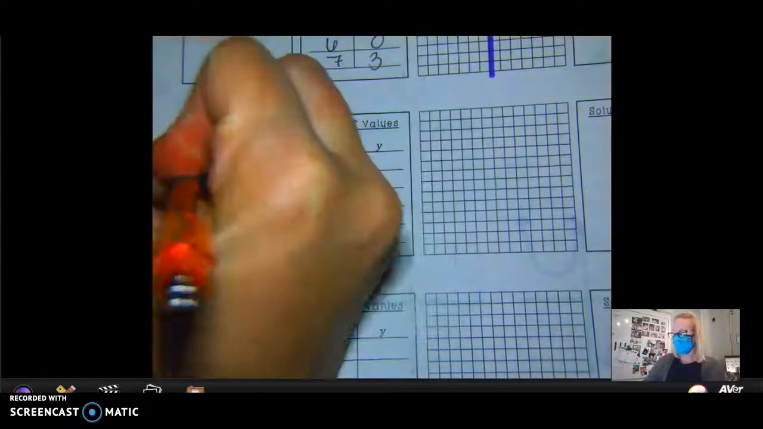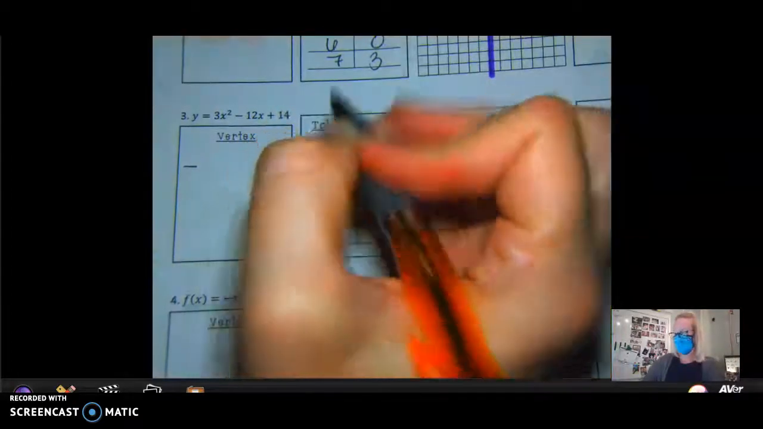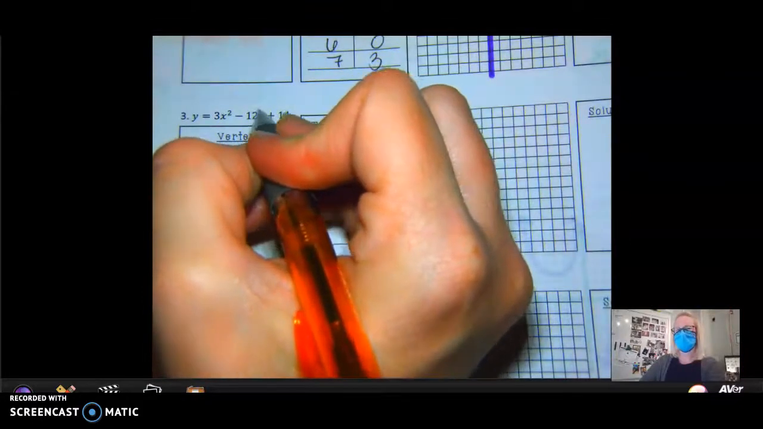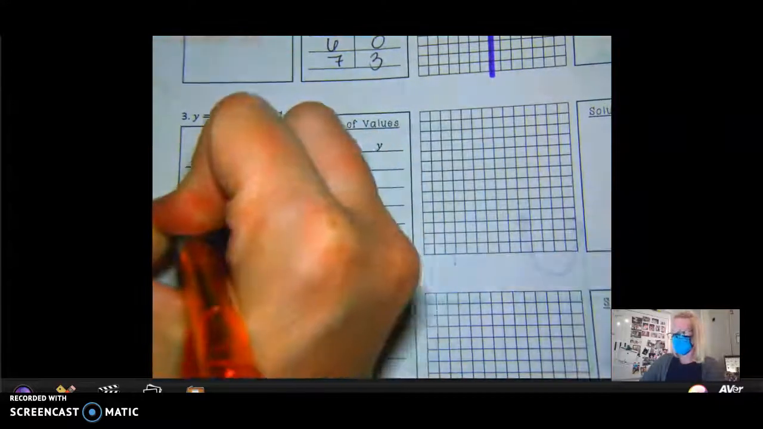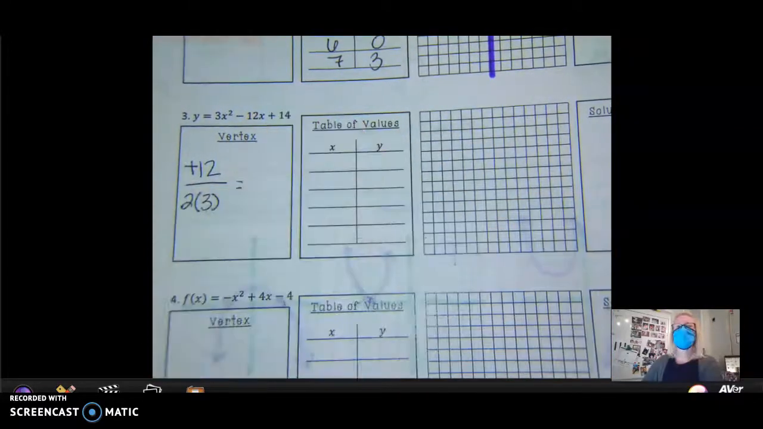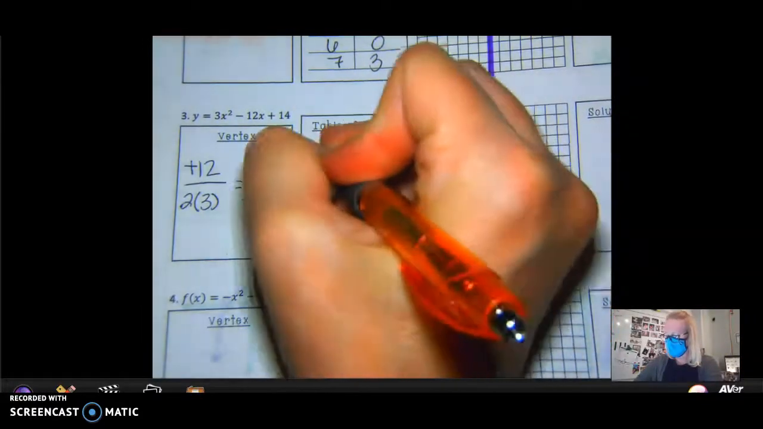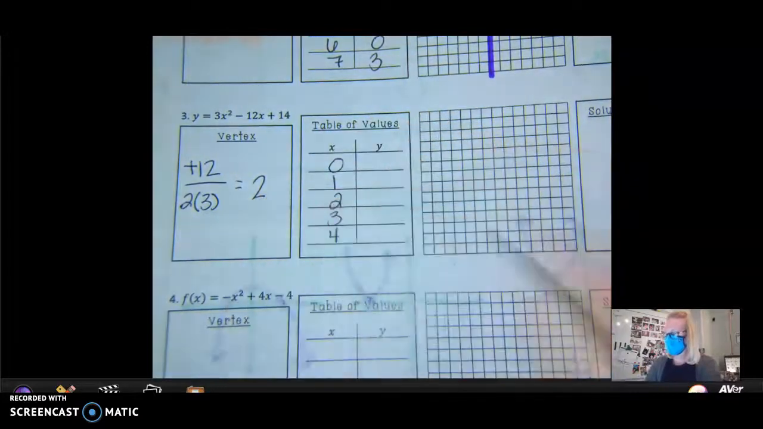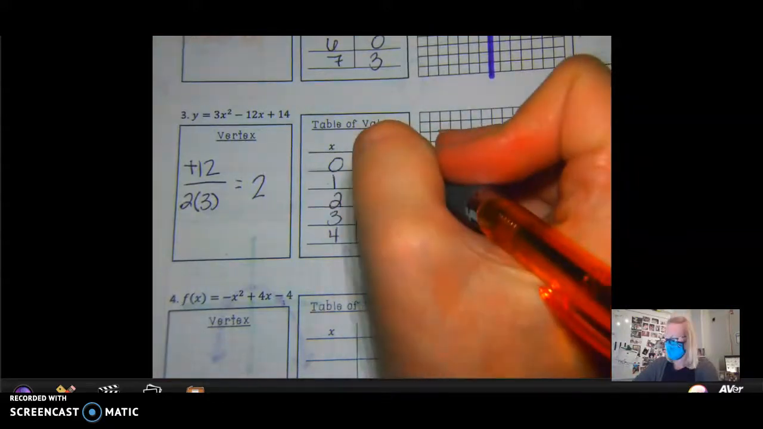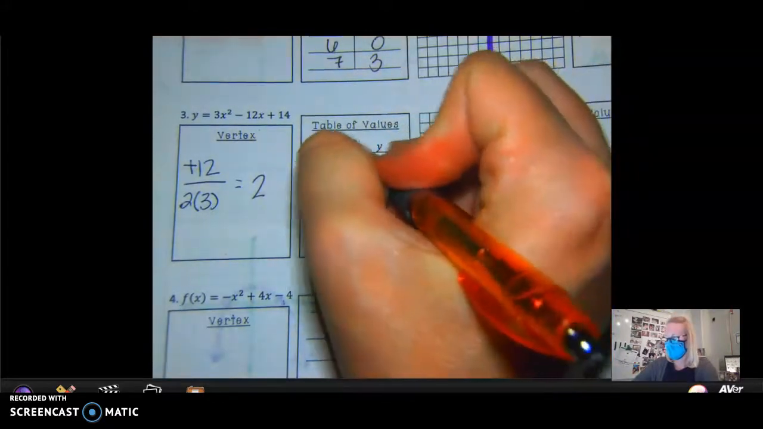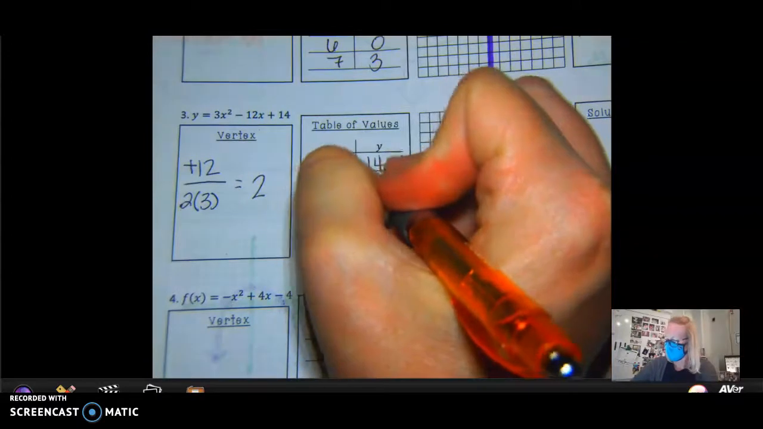So negative what? What's my b value? A negative 12. So that turns into a positive 12 over 2 times, so what's 12 divided by 6? So this is 2. I go back 1, go back another, go up 1, go up another. If I plug in 0 into this equation, what's my output? 14. If I plug in 1 into this equation, what's my output? If I plug in 2,